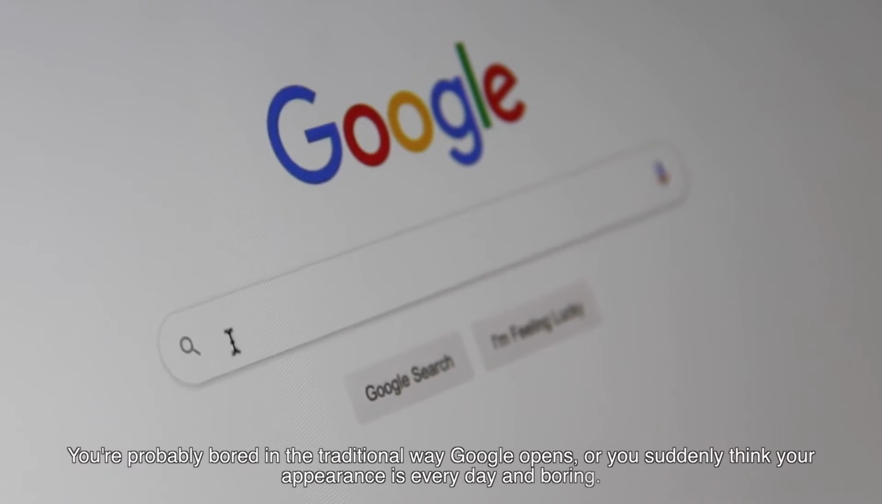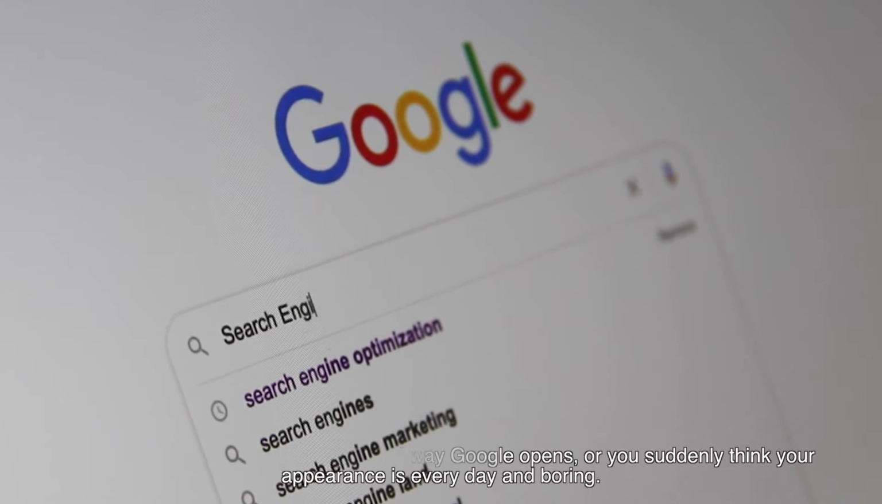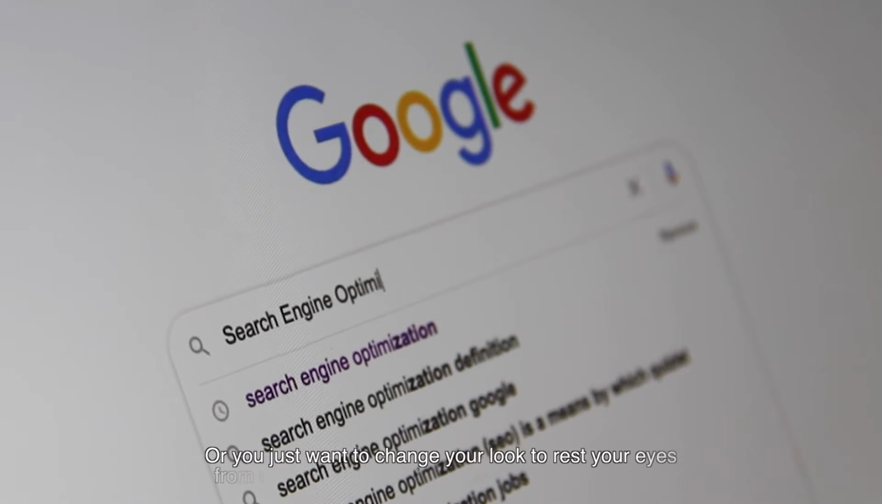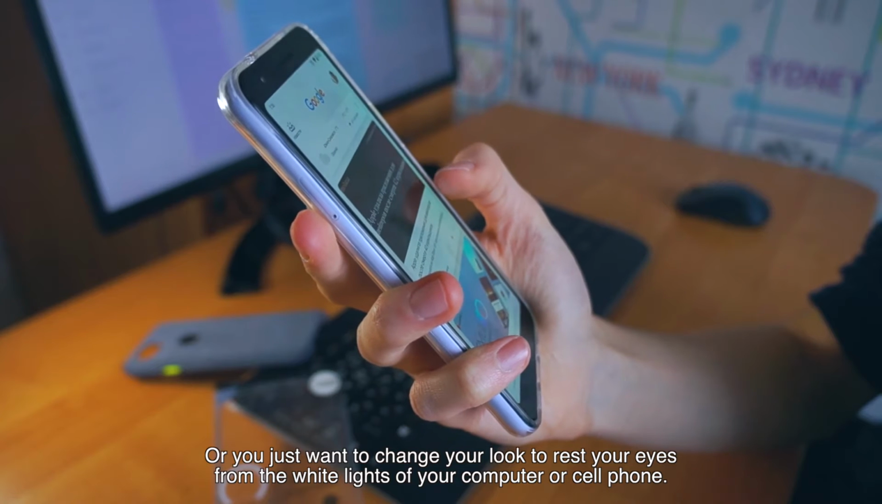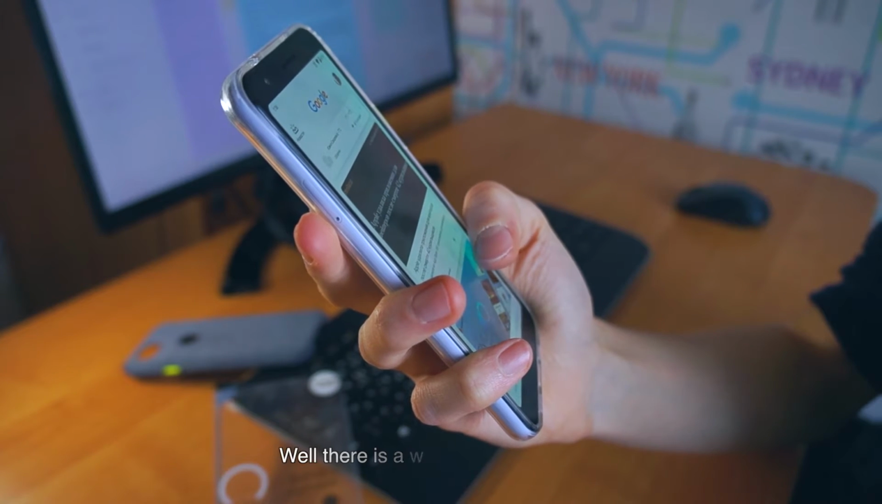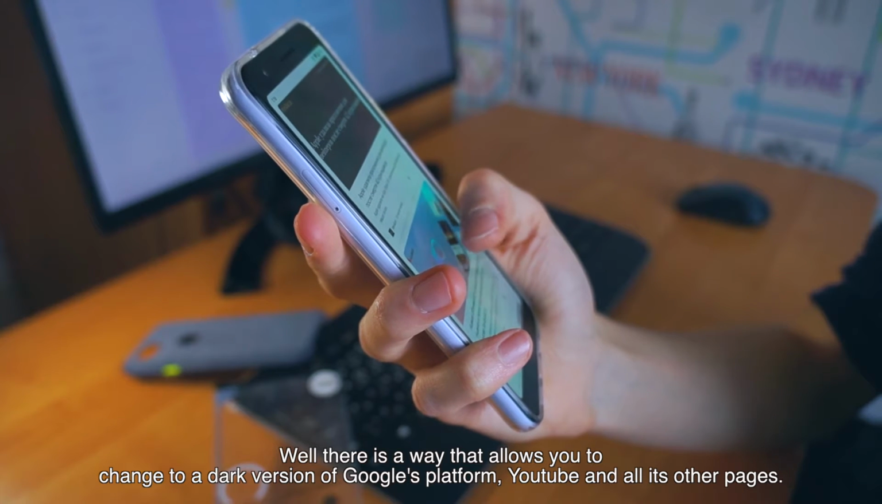You're probably bored with the traditional way Google looks, or you suddenly think your appearance is everyday and boring, or you just want to change your look to rest your eyes from the white light of your computer or cell phone. Well, there is a way that allows you to change to a dark version of Google's platform, YouTube, and